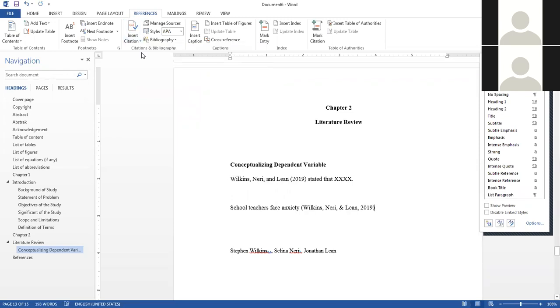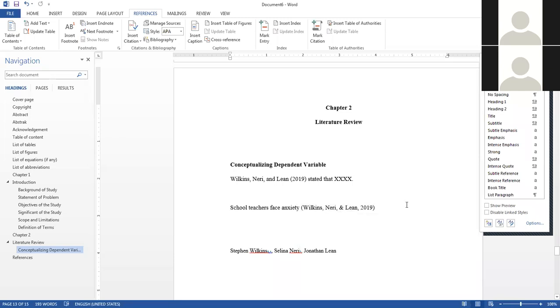Okay, because after you insert the first time, no need for you to repeat the similar step for the similar author, because all you need to do is just choose from the system, because you already updated or inserted it into your system. If it is in passive form, this is how the references in text should look like.